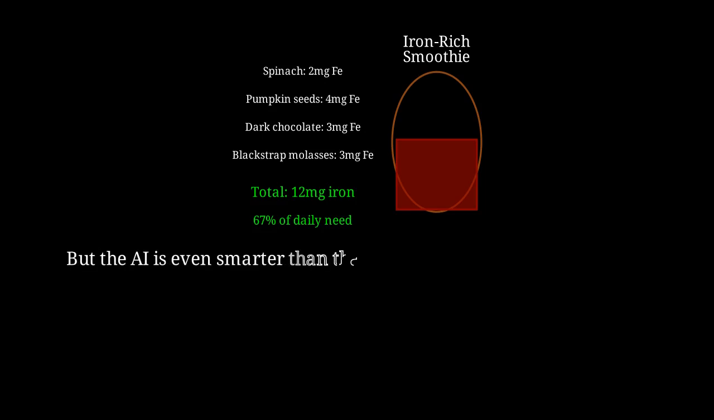But the AI goes beyond just adding iron-rich foods. It also adds vitamin C from orange juice, because vitamin C enhances iron absorption by up to 300%. This is where AI really excels: understanding nutrient interactions. Let me explain glycemic index optimization in detail, because this is one of the most requested optimizations and has profound